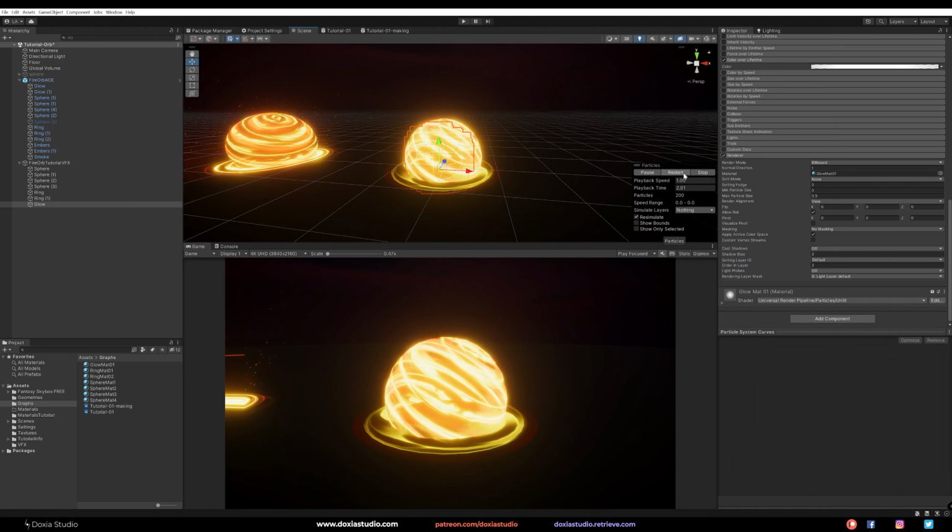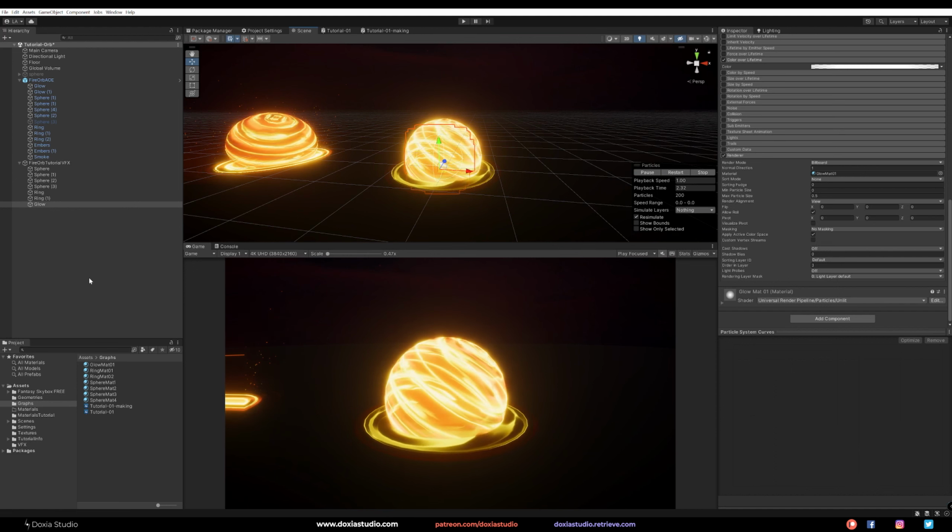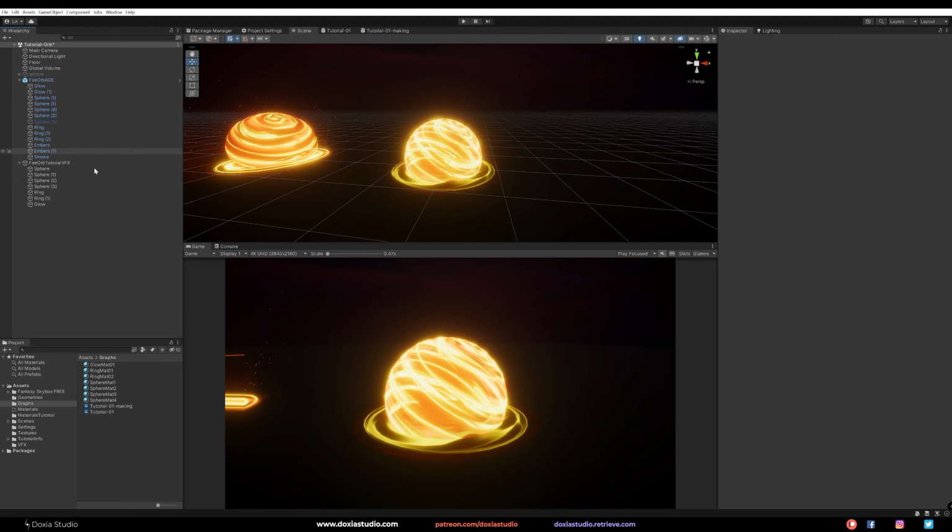Okay, that's pretty cool. Okay, see, that's why the ordering layer is pretty important when you are creating effects. So right now, just play with the glow. I have another glow to go a little bit outside.